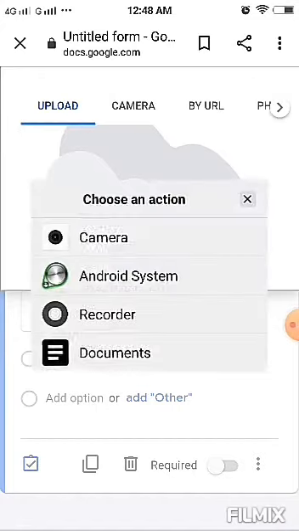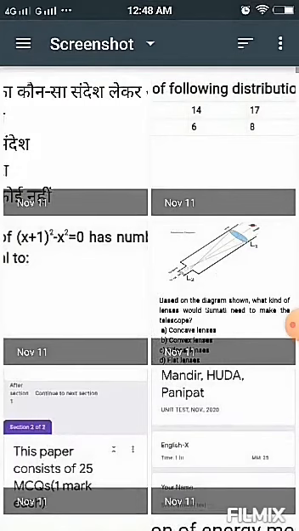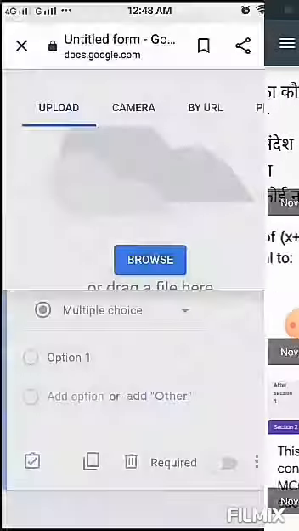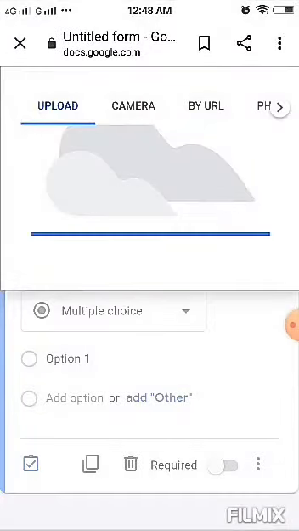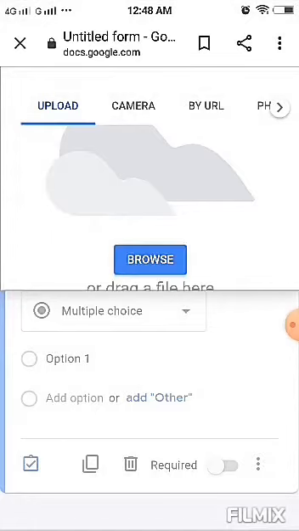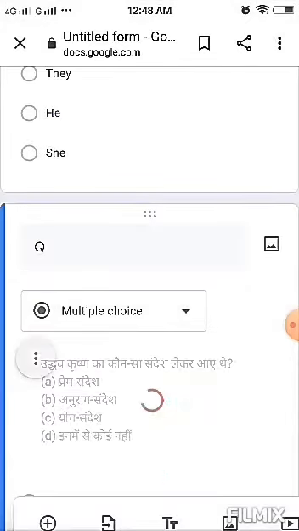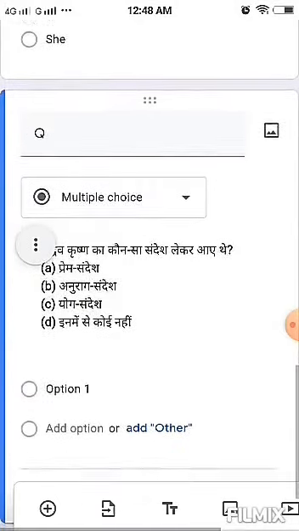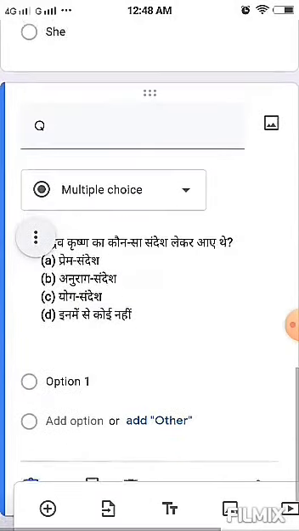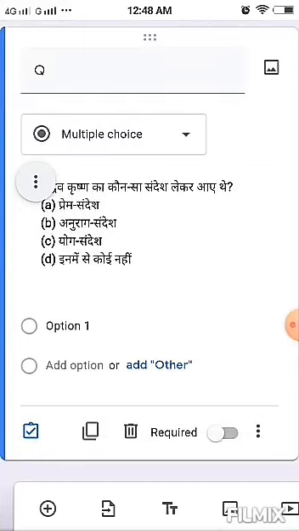Click on the browse button. Click on documents. Click on the screenshot folder and choose the question. See, I have cropped the question with options so that I don't have to write options here.